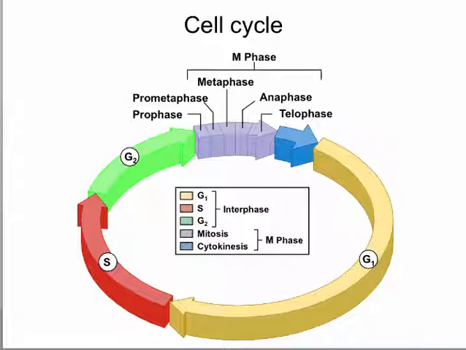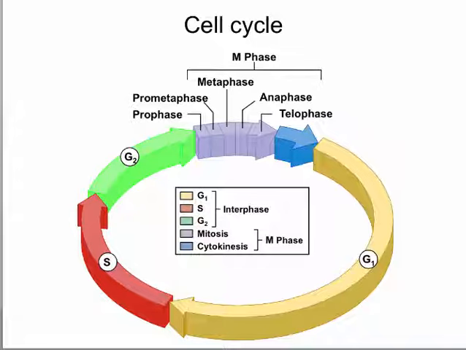And once that happens, then the cell is ready to divide, which is the M phase for either mitosis or meiosis, depending on what type of cells. Cells in most parts of the body will do mitosis. This is cells that are in charge of growth or replacement. The only cells that would do meiosis are cells that are for reproduction. So those are cells that will become gametes. So cells that will form either sperm or eggs. All the other cells will do mitosis.